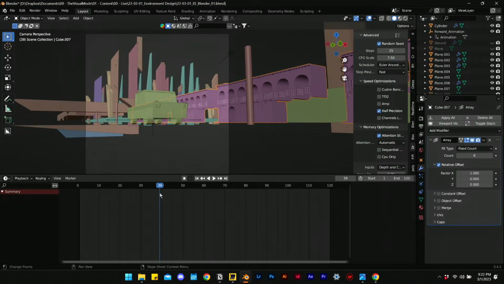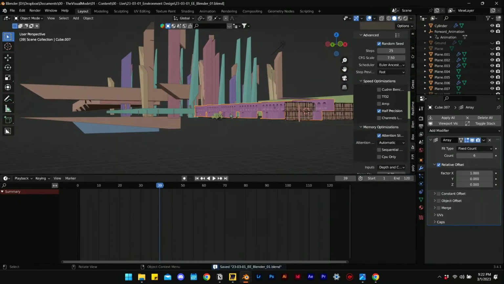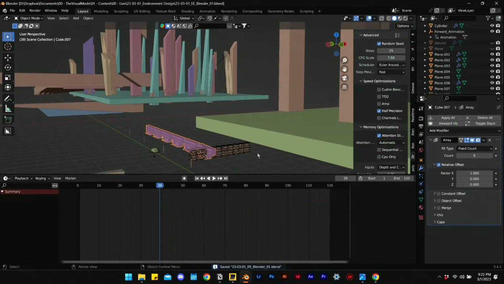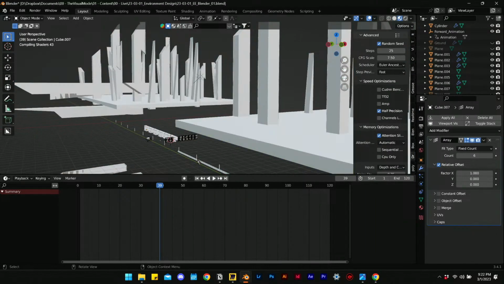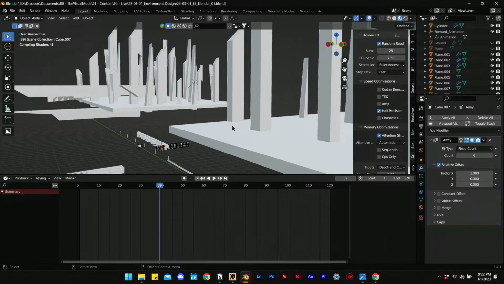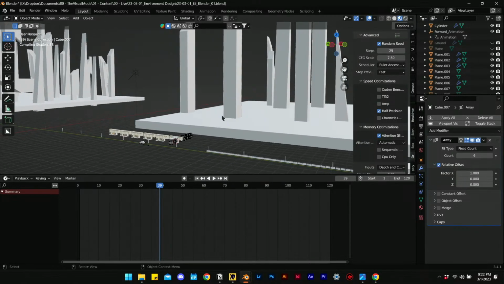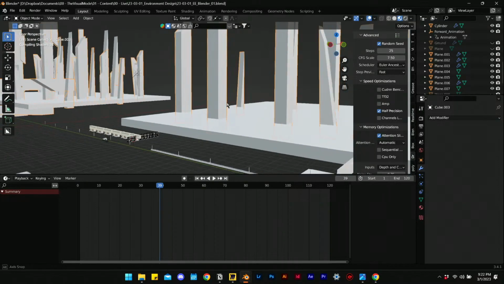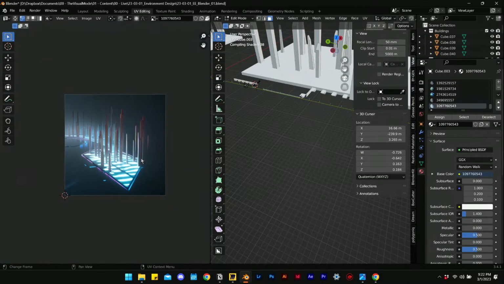Can you manipulate any UV on any surface? Yep, the answer is yes. We actually take a look at this file. We go into material preview. These are some AI generated images that were projected onto these buildings. It's taking a little bit to load, but if we go to UV editing,